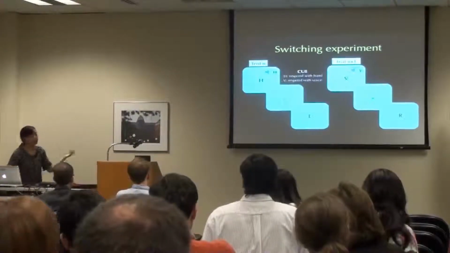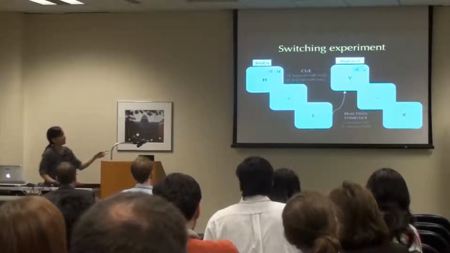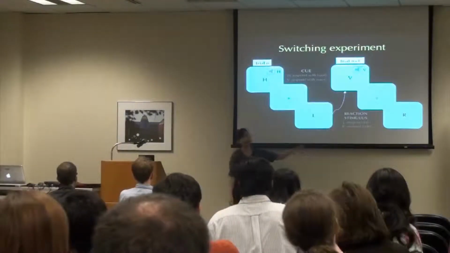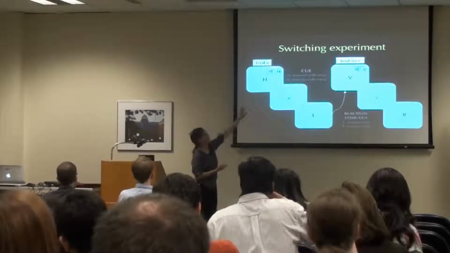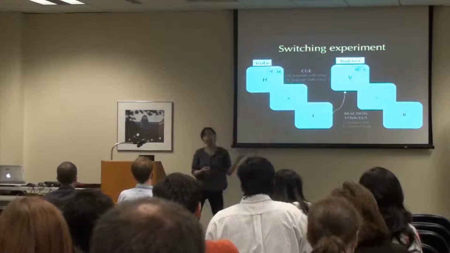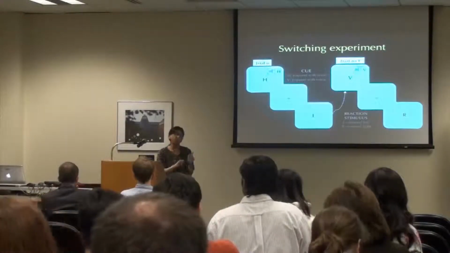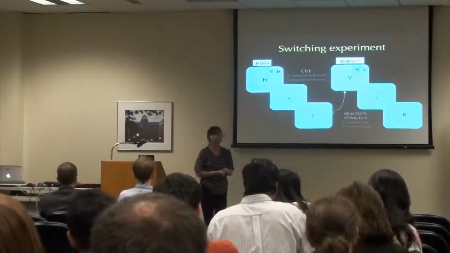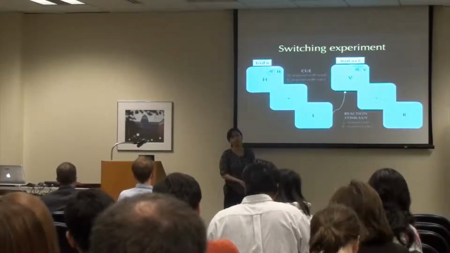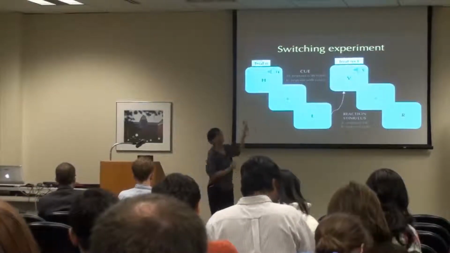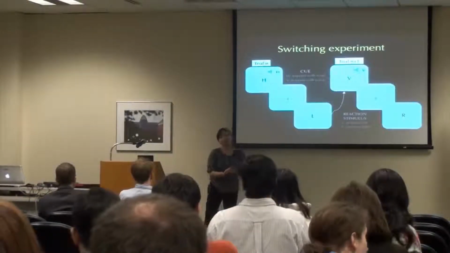So participants complete a sequence of trials like this. In the sequence that I'm showing you, what you're seeing is a switch trial, where they switch from having to respond with their hand to having to respond with their voice. But note that participants don't know what the upcoming trial is. It can either be a switch trial like this, where they switch from hand to voice, or it could be a repeat trial where they do hand, and then the next trial they do another hand trial.